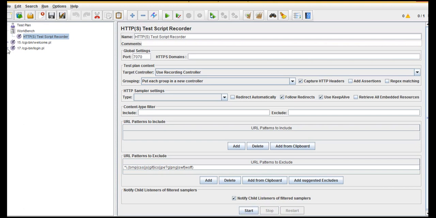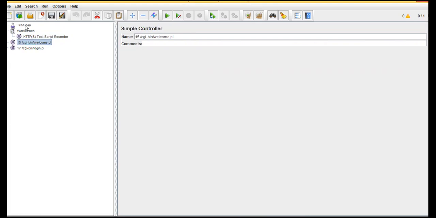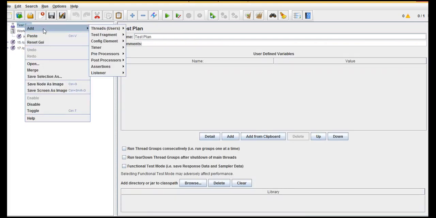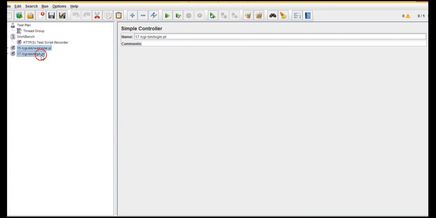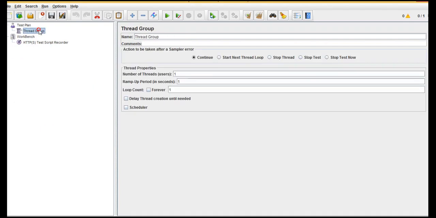Okay, is it recorded? We got it here. Now I'll add a thread group, cut these from here, and paste them into my thread group so that we can execute it.